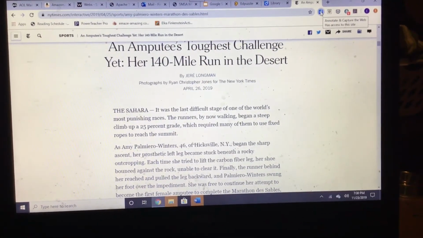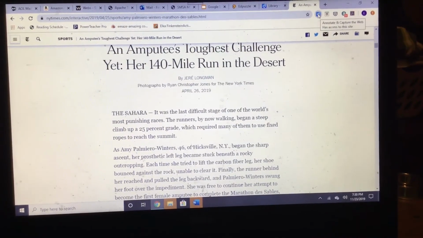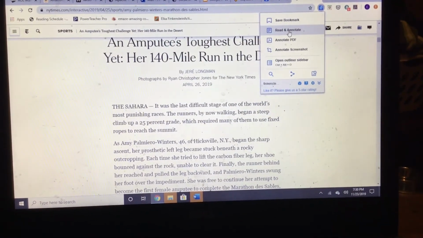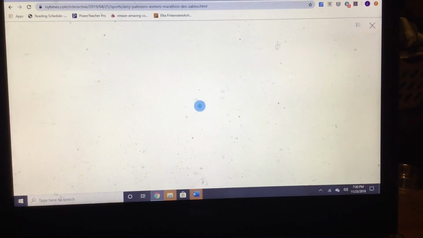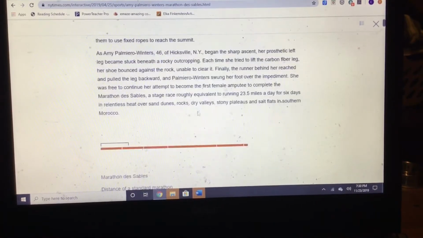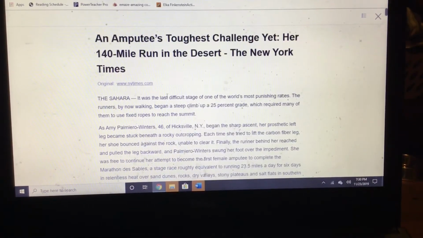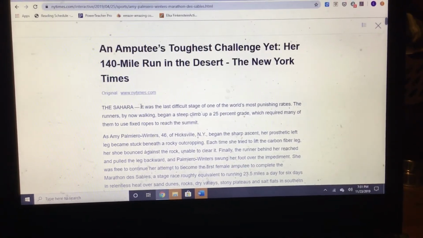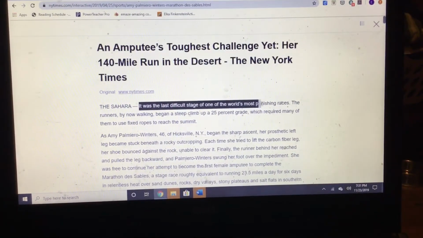So with the idea that I'll be able to capture it, I click the Diigo icon, hit read and annotate, and it will upload it into my library, where I can go through and read and annotate at leisure. And so it is here. Now, how it works, when I hit